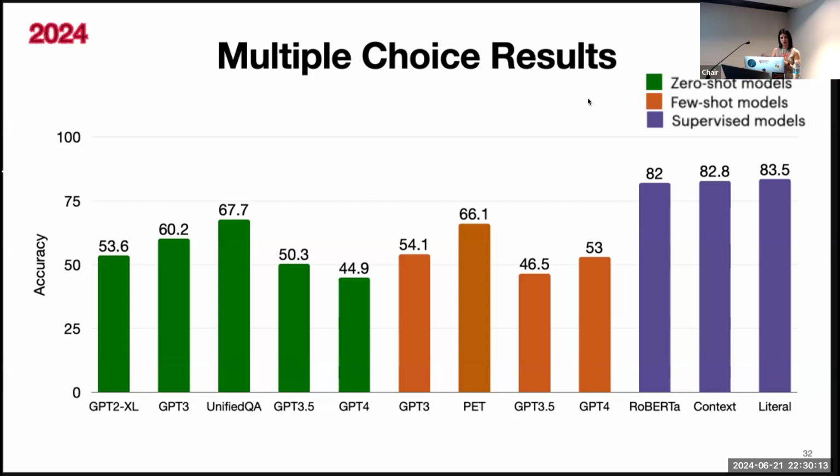I used 5 examples in the in-context setup. For GPT-4, I was only able to test 100 examples, so it's not the whole test set. But still, you can see that the models performed much worse than the models we had in 2022, or slightly worse than the other few-shot and zero-shot models, which I'm not sure why, but consistently with prior work, much worse than the supervised models.